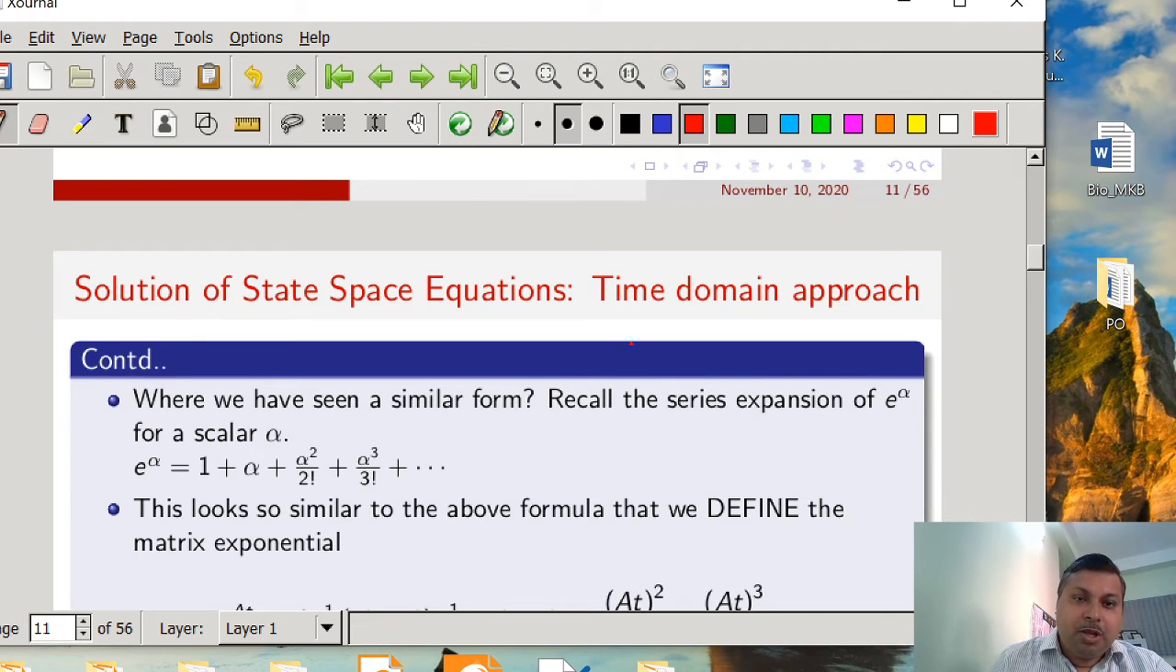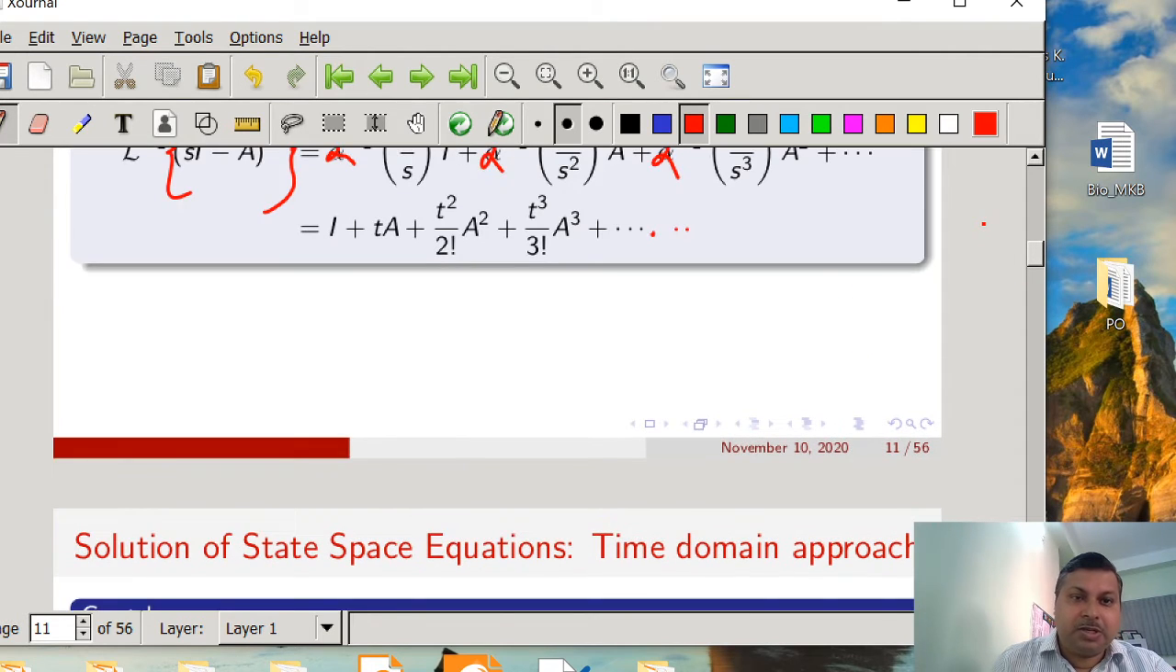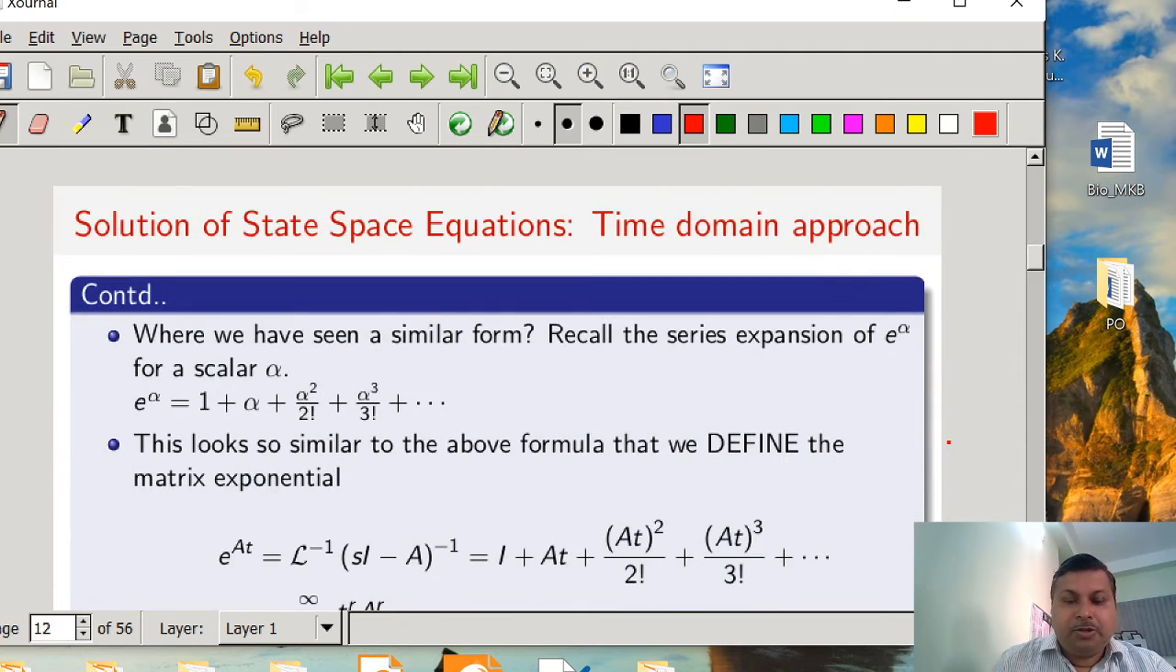Now if you compare this e to the power alpha with the expression we got here, basically alpha is equal to At. Fine. So that's why it has been defined. This similarity is there, that's why we are defining it. That is a very important thing you have to understand. We are defining the Laplace inverse